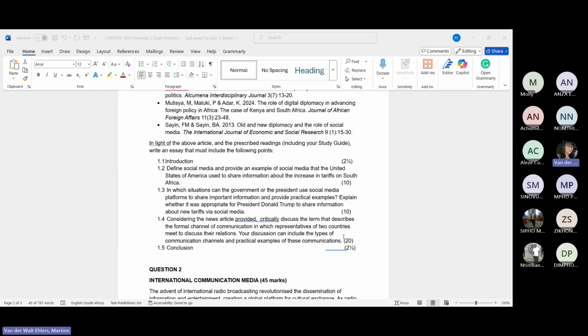If you are found guilty of using generative AI unethically, then unfortunately, you will not receive any marks for your exam portfolio. And just a reminder, because it is an exam portfolio, there is no supplementary opportunity. You need to pass in combination with your year mark. Otherwise, you will need to redo the module completely next year. There is no supplementary opportunity for the exam portfolio. So please don't use AI unethically.